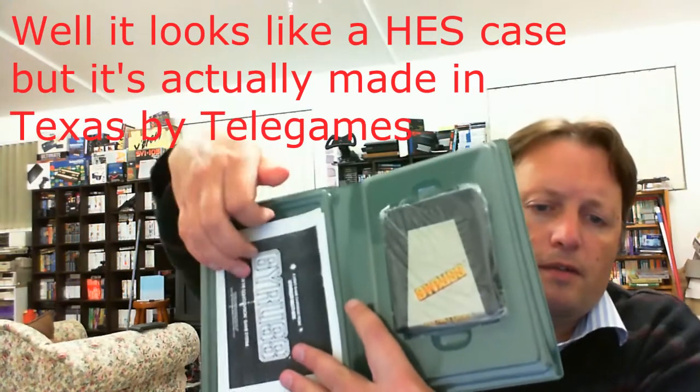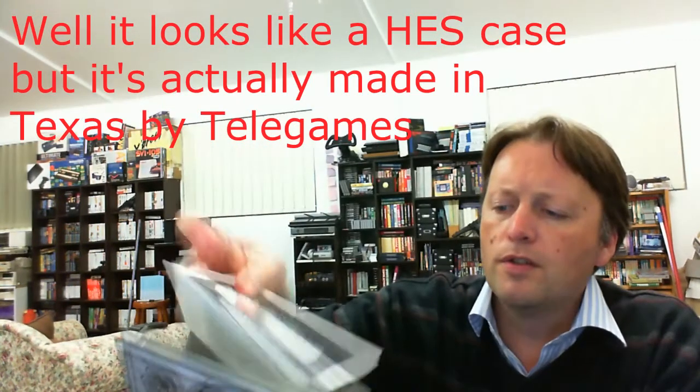Alright, now the second thing is a game for the ColecoVision, one of my favourite systems. Now, it's interesting that this comes in a plastic case, because it came from America. It's obviously had, they've got a very bad photocopy of probably the English cover, perhaps. Mainly because it's got Lester in the back there, but it's actually a Hess case. It has a photocopy of the instructions,